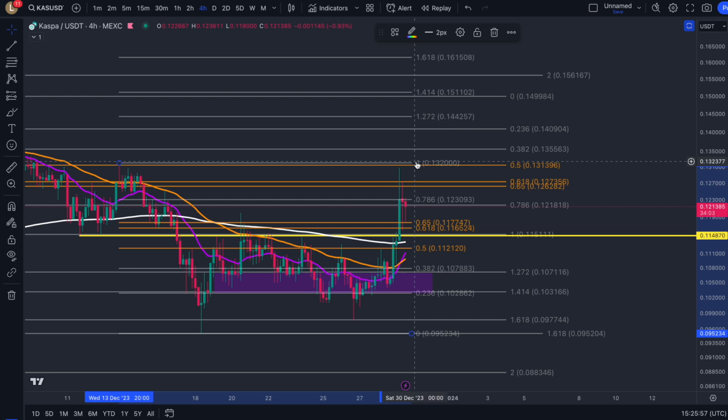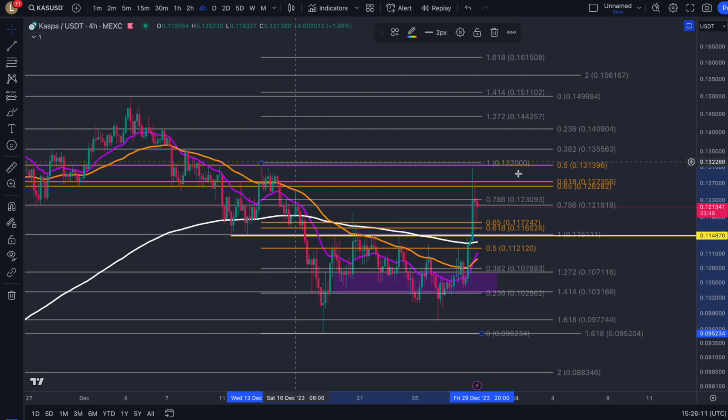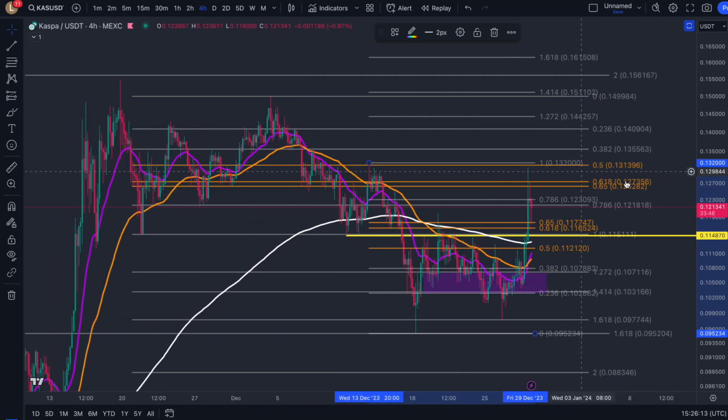so that's also become a 1 fib level now, and then it's given us an opposite golden pocket, which was once sending us lower from here, and now we're above it, looking for it to hold us up as support so we can reclaim that 0.5 Fibonacci at 13 cent. So essentially once 13 cent is being taken out, and that is support again,